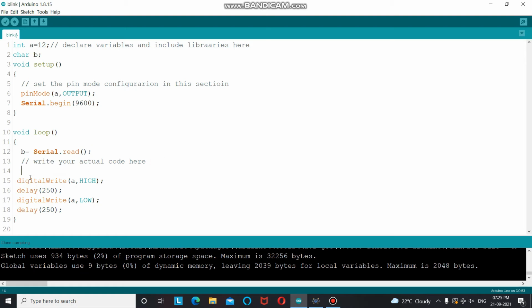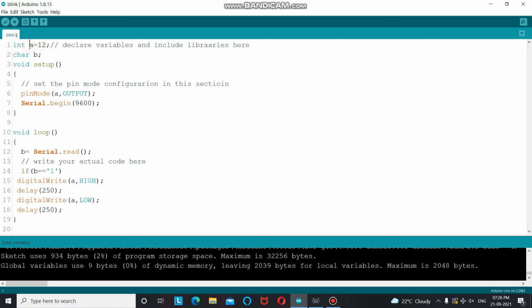For example, if b equals to 1. Remember that when you are dealing with a string, int, and a character, there are different notations to denote them. When you are talking about an int type of data, you do not need to place the data within quotes. You just write the data in this way.